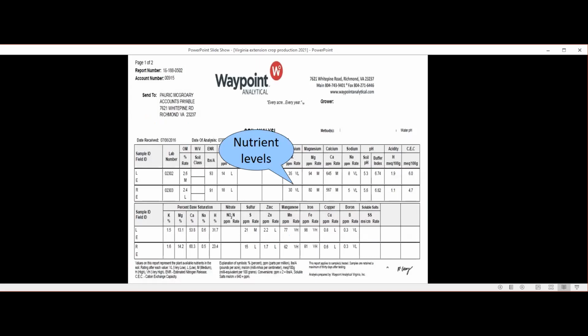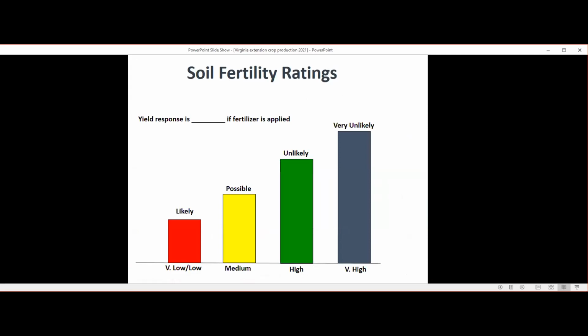Moving on to nutrient levels, what we have is a rating system. It's called very low, low, medium, high, and very high. And that tells you the probability of us getting a nutrient response at that rating. So if you're very low, you're probably going to have a 75 to 100% chance of getting a response. If you're in the medium, you're probably going to have 50%. If you're high, you probably have 25%. And if you're very high, you're highly unlikely to get a response by applying fertilizer when it's rated that high. So very high does not tell you that it's toxic. It just tells you that you're not going to get a response by applying more fertilizer because there's so much of that particular nutrient in the soil at the moment.